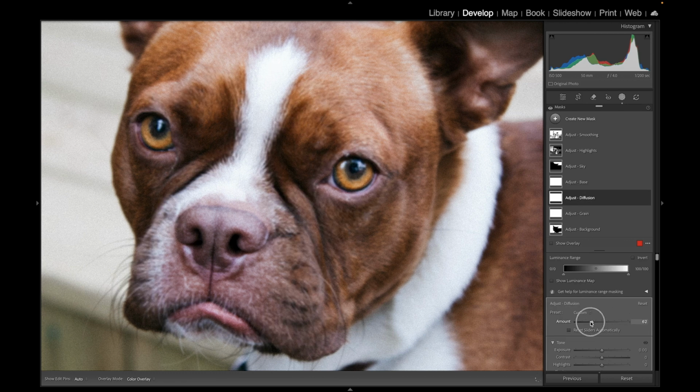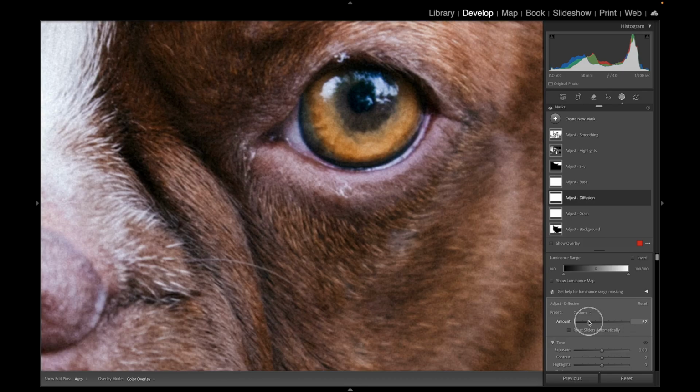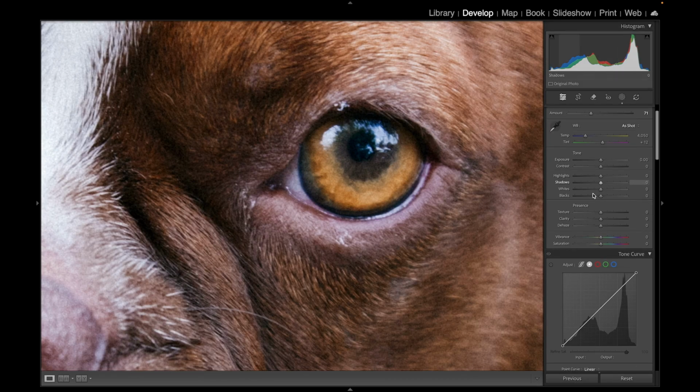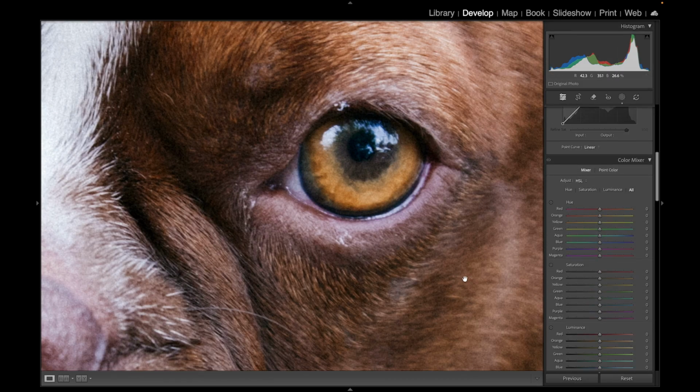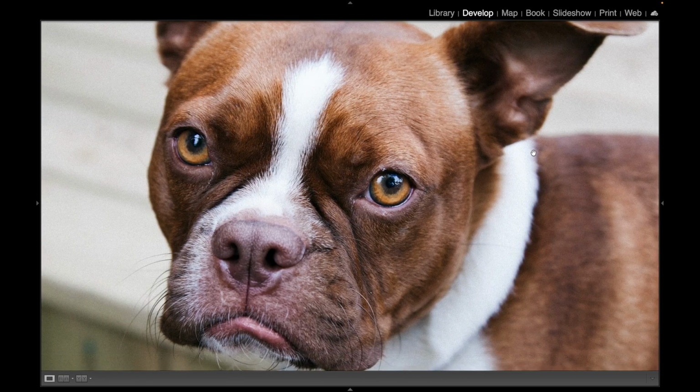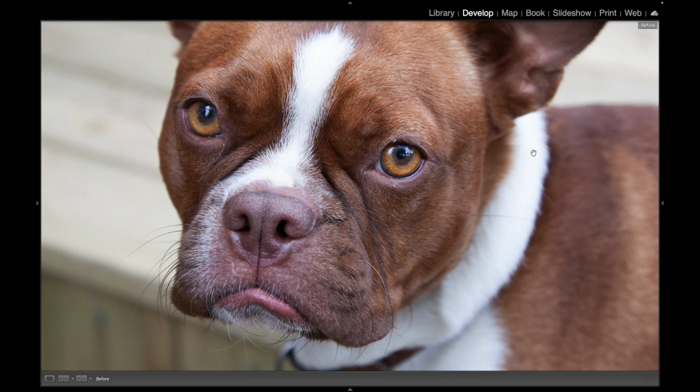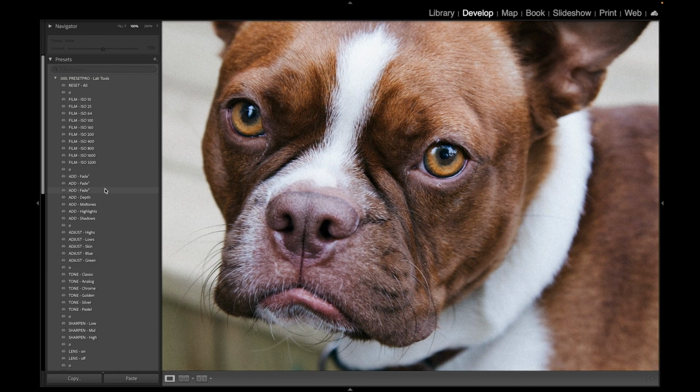So you can add more diffusion if you want, where it doesn't have that digital sharpness. Then you have a whole nice clean adjustment layer here where you can just layer on whatever you want. Really incredible look. There's before and there's after. Then we can add more fade to it. That's just changing the tone curve. If you want to add more depth, you can do that way, fully adjustable, adjust the highlights,